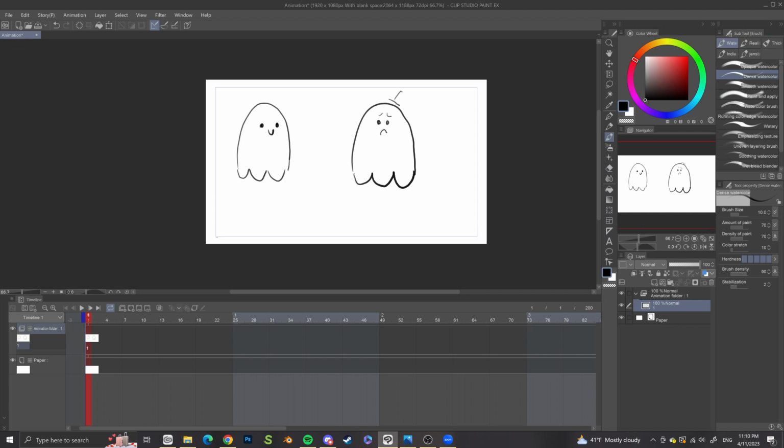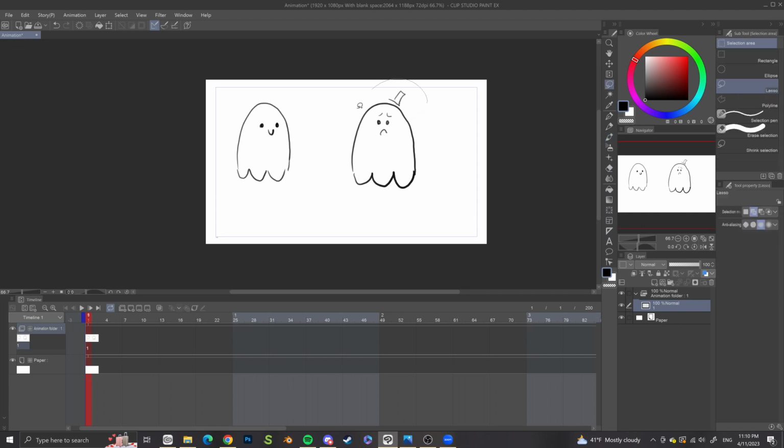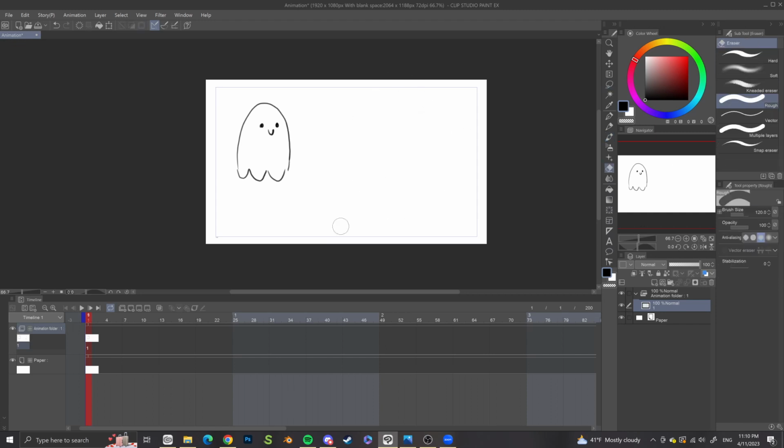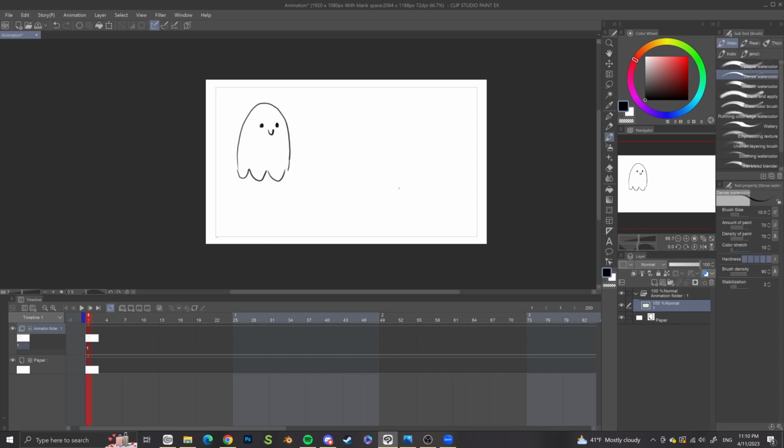Give him a hat. Anything you'd like. The key is to have fun as you're learning, if you can. Once you have your ghost of choice, then we can start to explore a few other things about the animation timeline. First, I want to take note of, before I move past it too quickly, the tools I was using